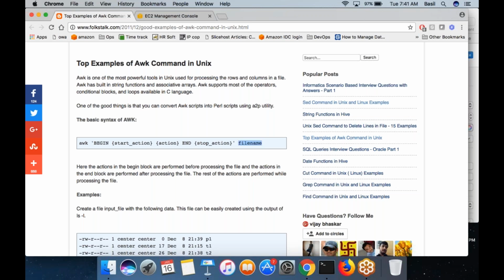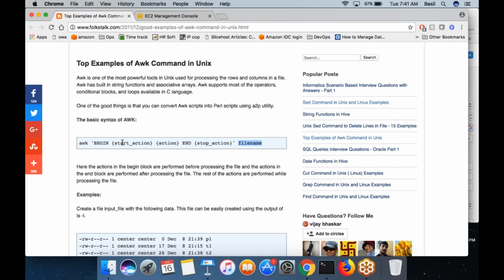Any input string that our command receives, assume it contains multiple lines. Each line is treated as a record by the command, just like grep. When you grep for a particular pattern in a file, it prints the entire line.